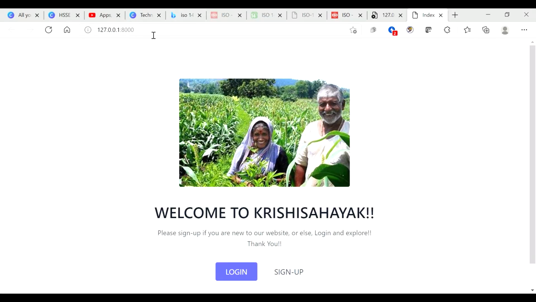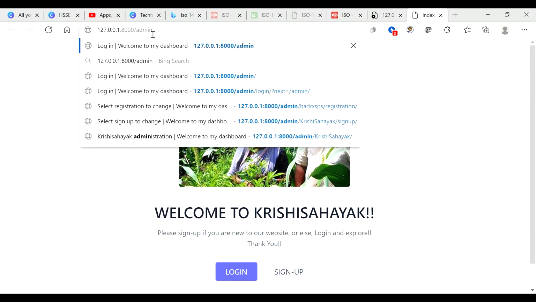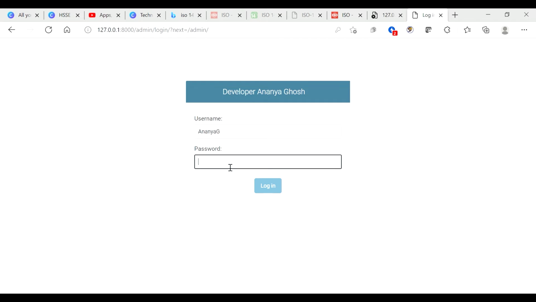Now to see the admin interface, we give a slash and write admin in the URL, and then I click enter. It gives me this kind of page. This I have not made. This is the inbuilt Django admin interface. So I give the username and I give my password.